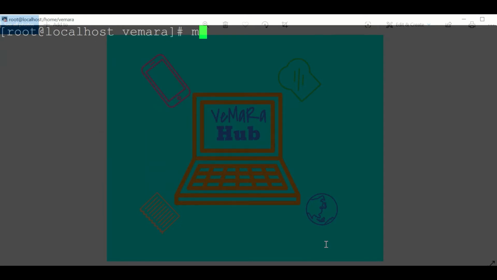Now to start the config servers, I'll use the command mongod --configsvr, and then I'll provide the DB path. So for my case, the first config server is in CFG0, and I'll specify a different port.